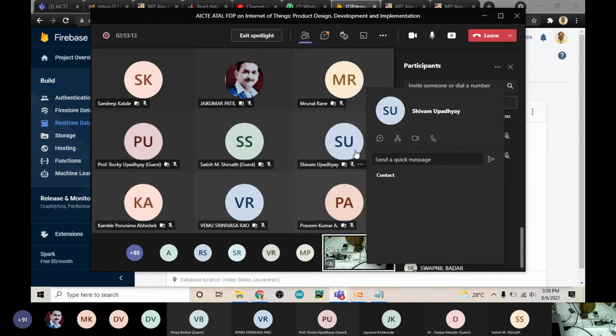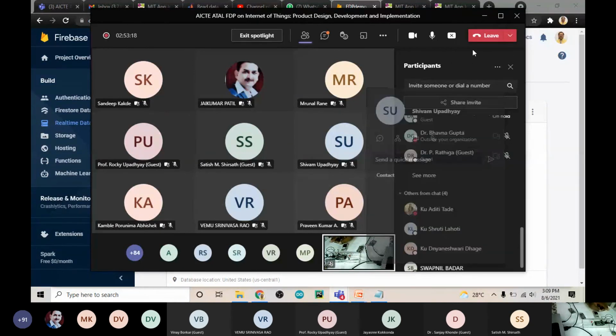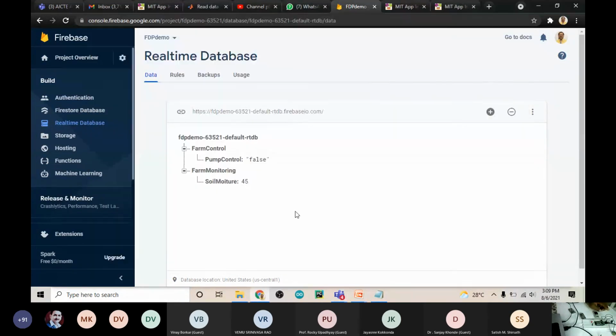What we will do is send the data from the sensor we have connected to Firebase, here in the farm monitoring. This data is going to change, and once it changes, you can observe automatically in your mobile app that the data is changing too. It means that the data from your hardware is sent to the cloud and then received in your mobile app. So we have a complete flow of data on the internet, and anywhere in the world you can observe your data.